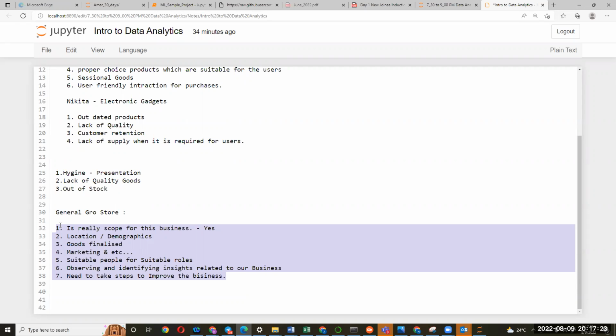His scope is there. He needs to get the data related to all the remaining stores and analyze it. Location: he needs to check all the demographic details, how many people are there, what type of sales, and how many walk-ins the store has. He needs to analyze and give the report. To purchase a specific good, he needs to compare all the prices provided by different providers for the same good, and finalize whether we are getting the best price or not.